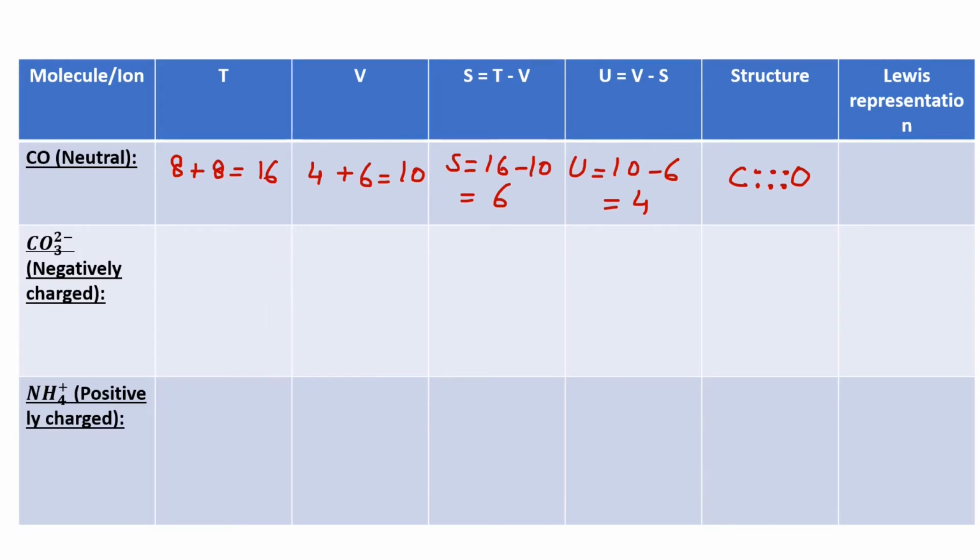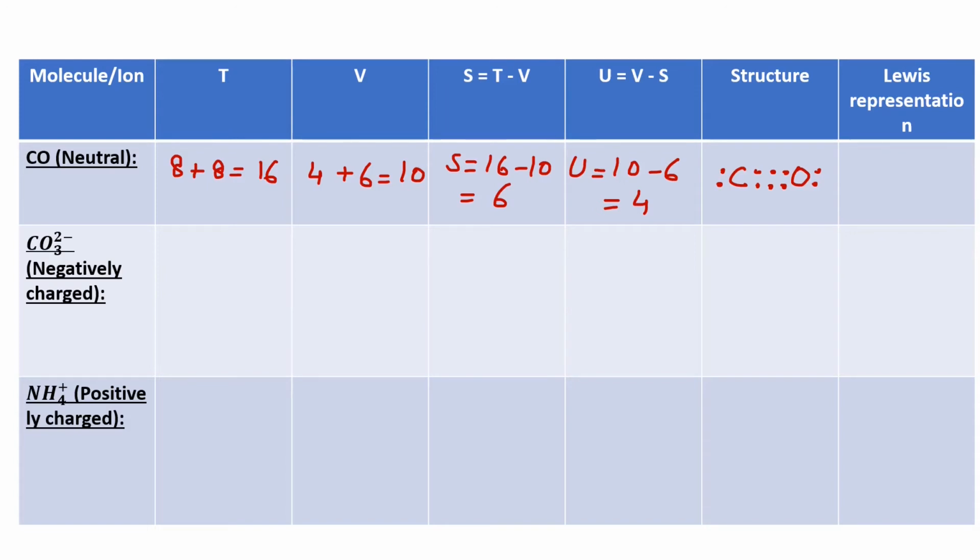We need to keep one thing in mind, that both the atoms should have 8 electrons to complete their octet. So for carbon, we can see here that there are 6 electrons already. So we will put 2 electrons more. So now carbon has an octet. And for oxygen also there are 6 electrons already there. So we will put 2 electrons here. So now for oxygen also the octet is complete. So here the basic structure of CO is complete, as both the atoms have their complete octets.